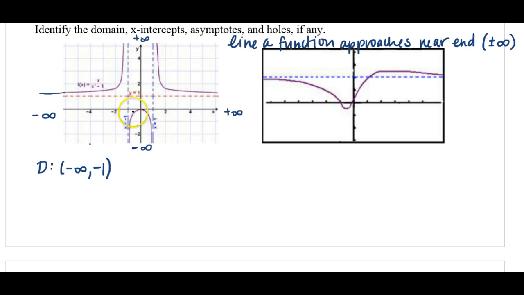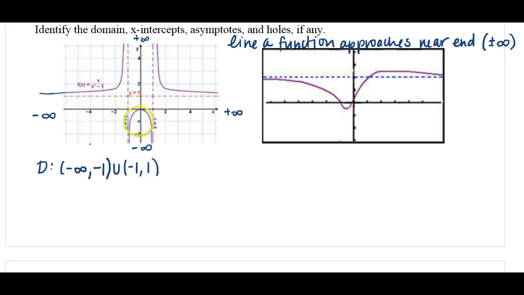Now, right after -1, I start to have y values again. So right after -1 is where I want to pick up and continue my domain from -1. Again, I want to include another open parenthesis because I'm not including -1. I want to pick up right after -1 and go all the way up until the next vertical asymptote, which